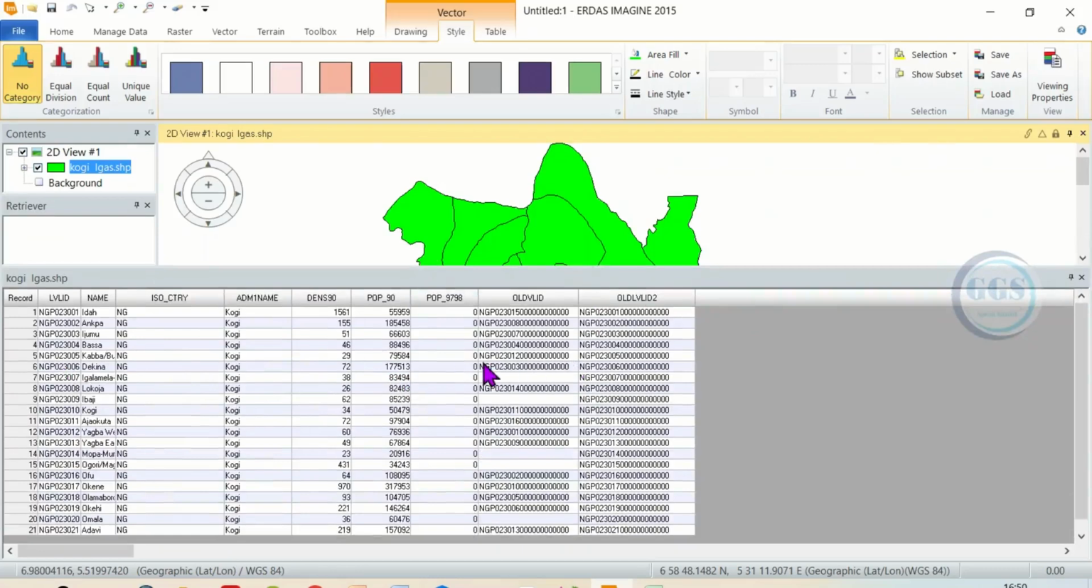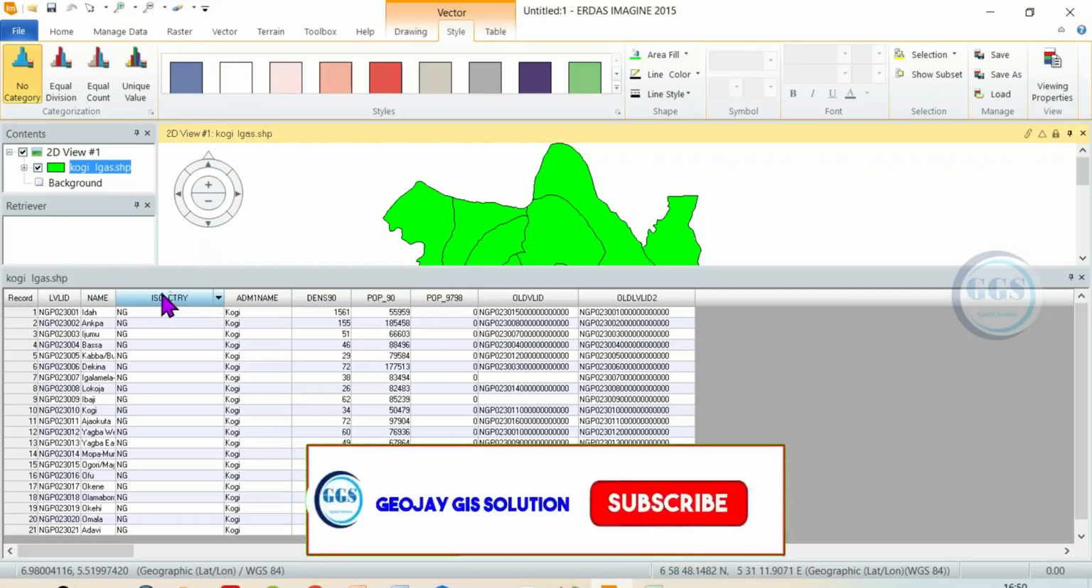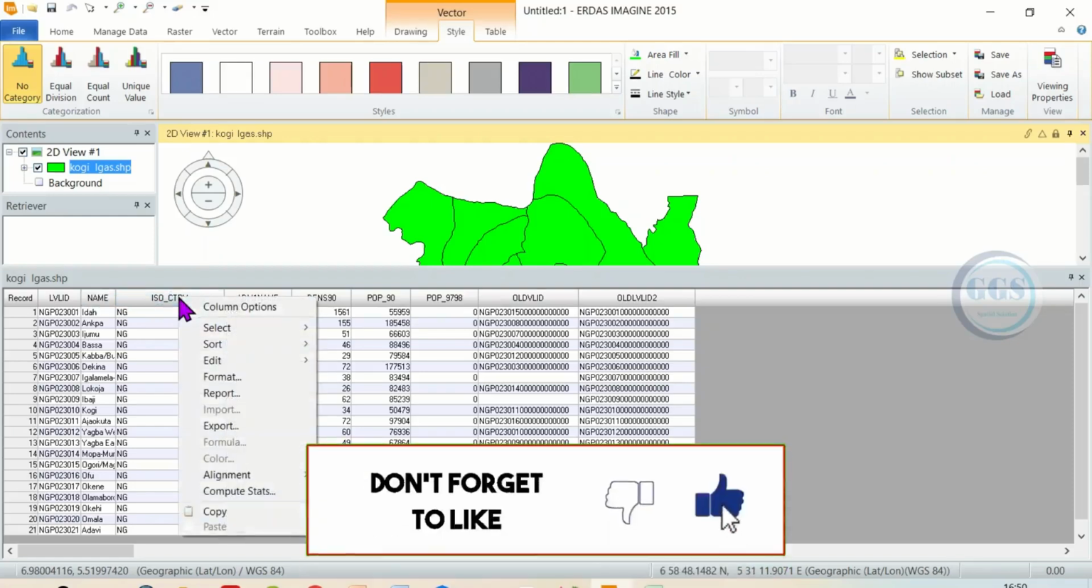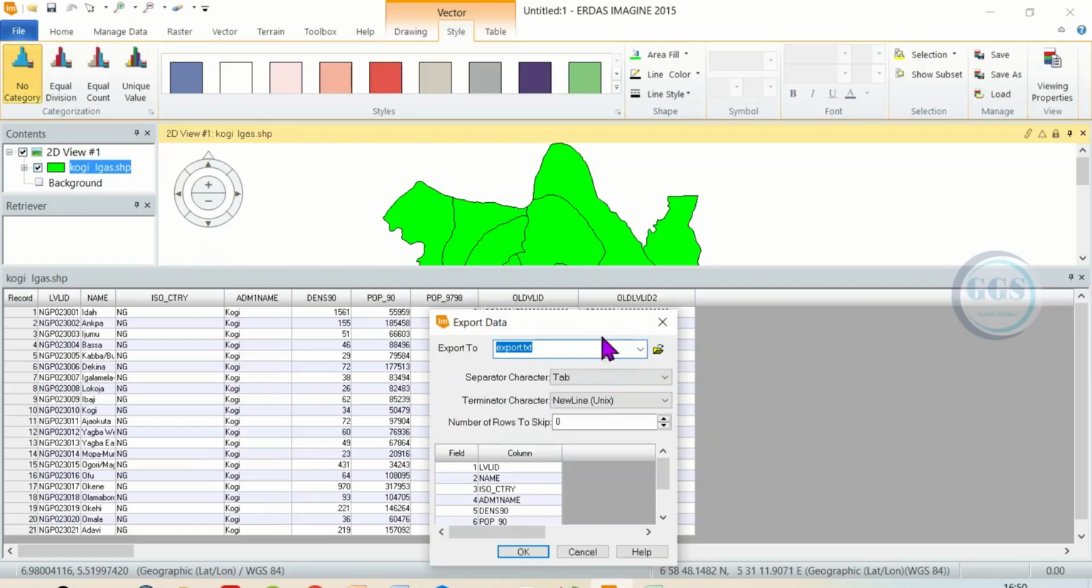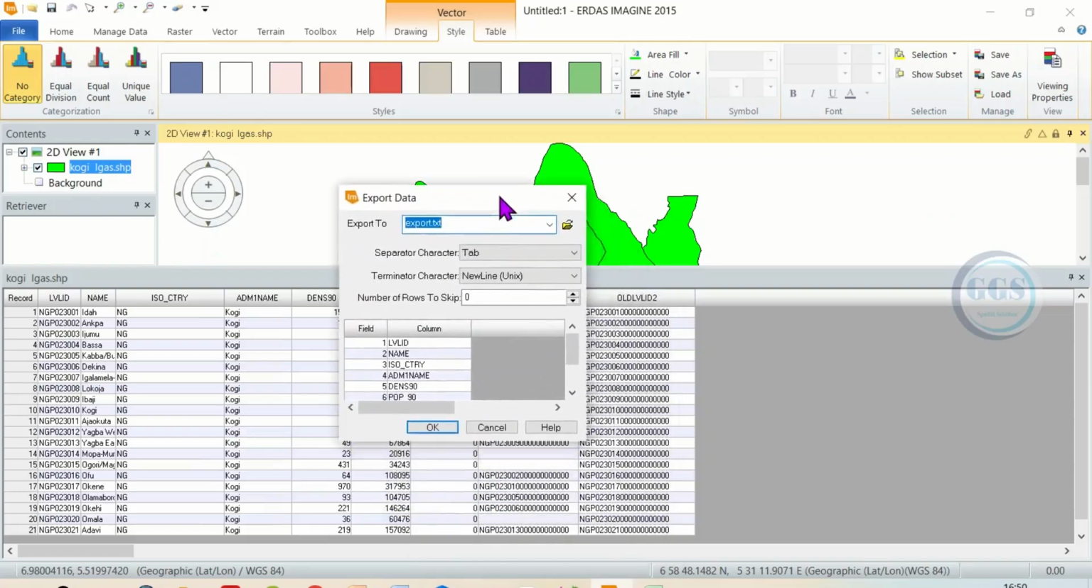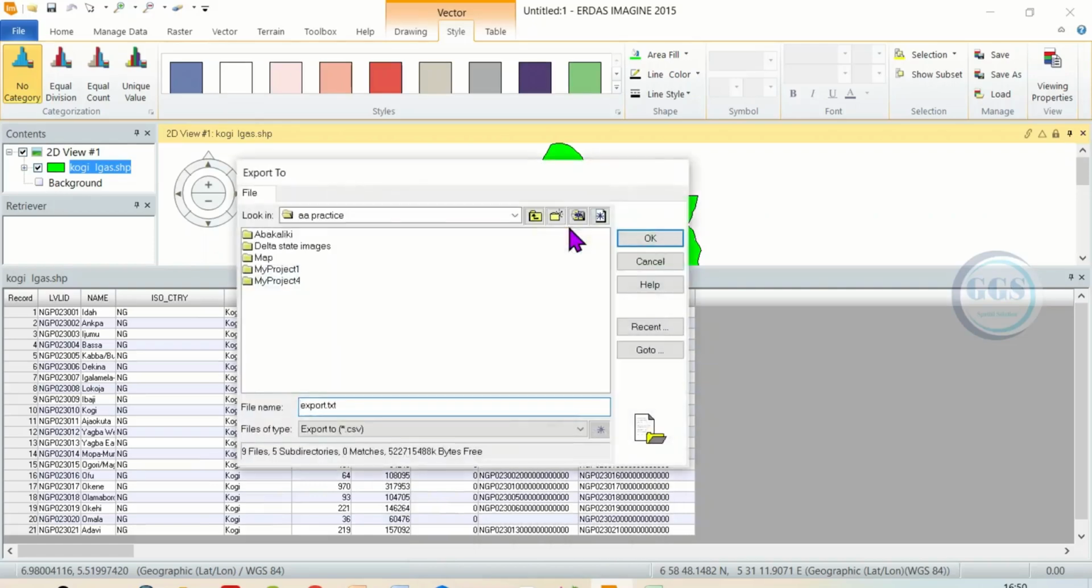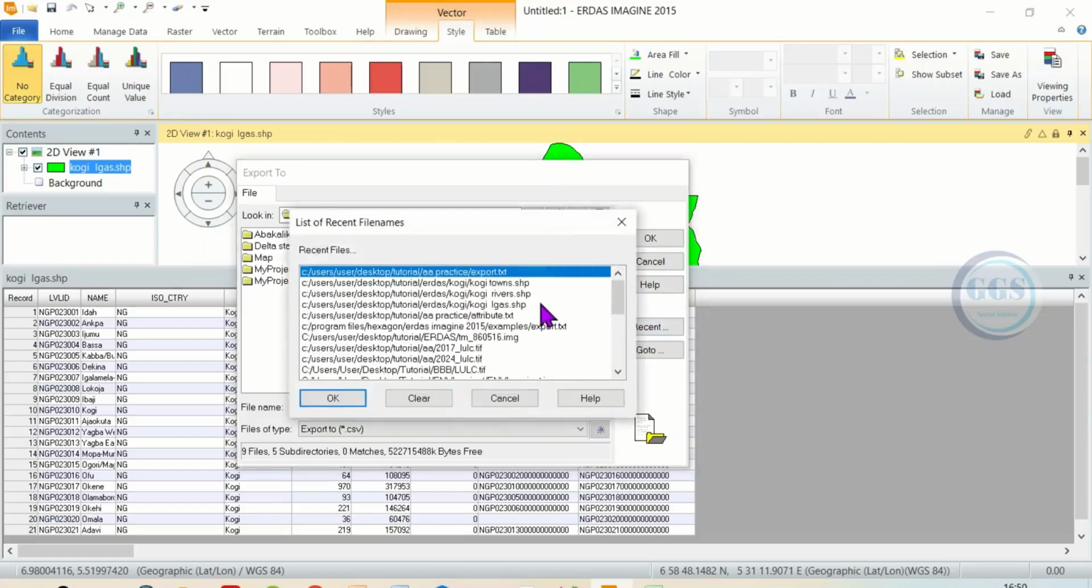If I want to convert all this information in the attributes table to a text file, what to do is to come to any of these headings. Just right click any of these headings and come to export. When you click on export, it will bring this export data page. Then you need to specify the folder where you want to save it. So I will navigate to my recent folder and then